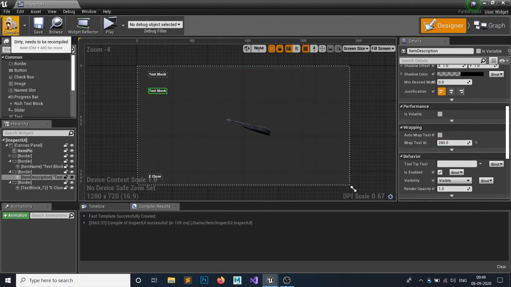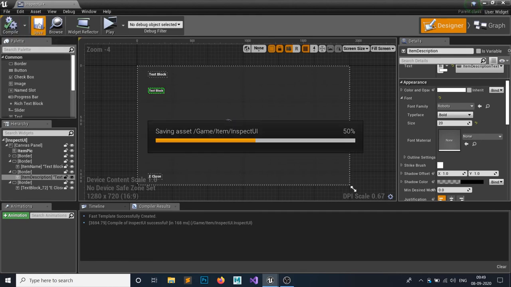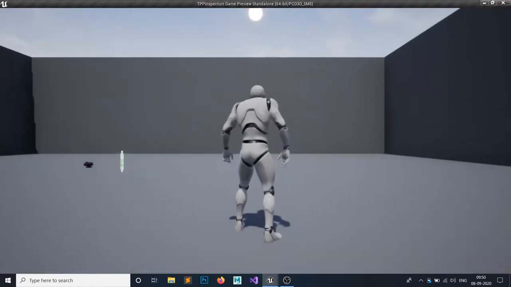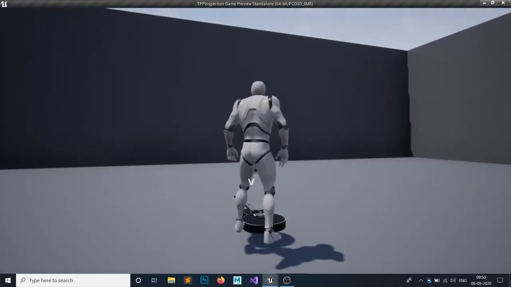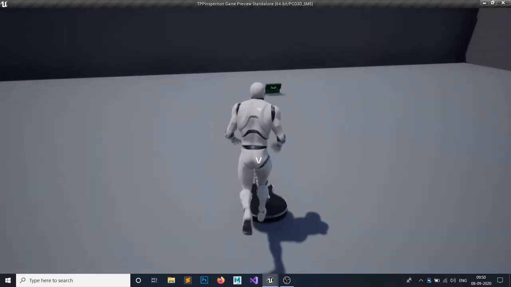So this would work for me, and let's set the size to a bit small. Hit compile, save, and let's check this out. So you can see we can do that now for this.